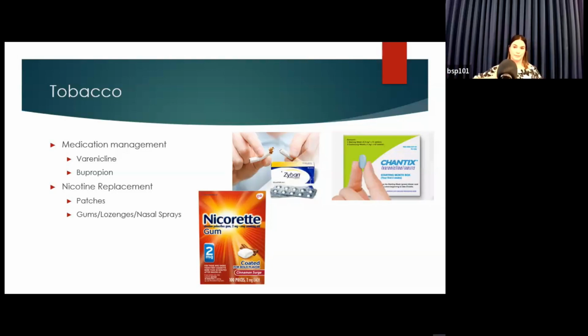You can use nicotine replacement with bupropion, and it's totally fine to use them together. Since varenicline is a nicotinic receptor partial agonist, using nicotine replacement with it probably doesn't have a huge benefit, but there's certainly no harm if the patient feels there's a benefit to them of having both.